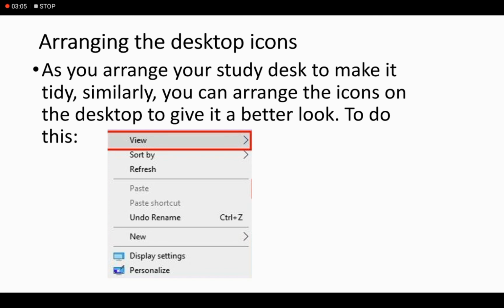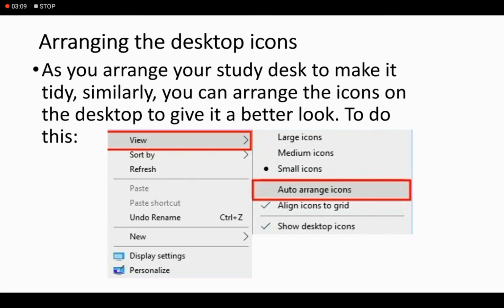I have to click on the first one, which is the view option. After clicking on the view option, it will show some other options like large icons, medium icons, small icons, auto arrange icons. This time I have to click on auto arrange icons.